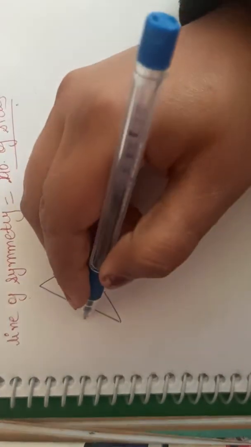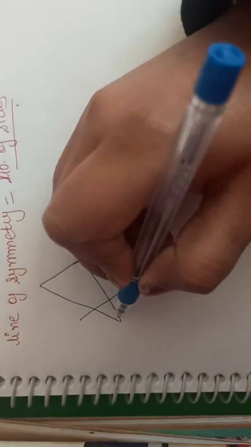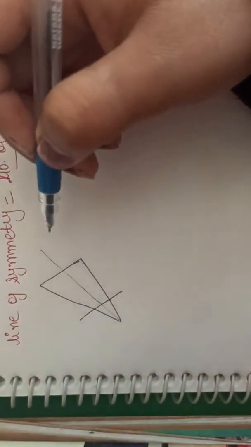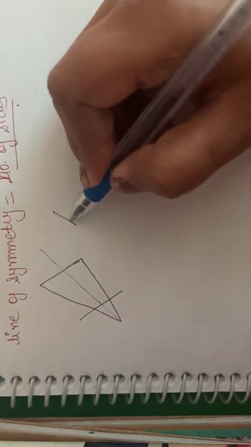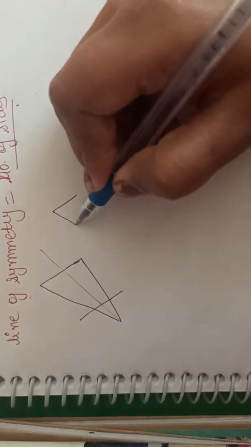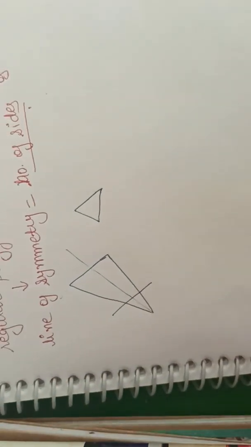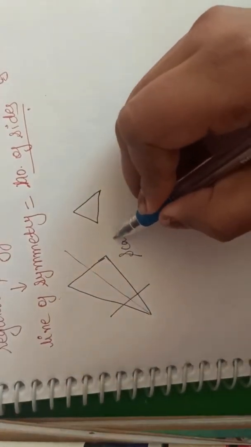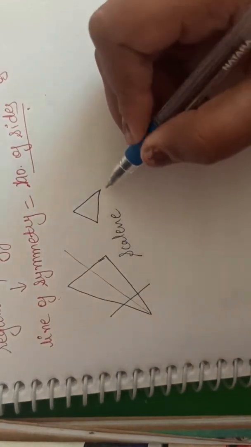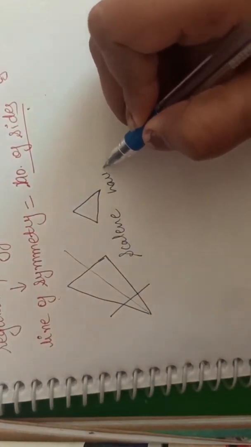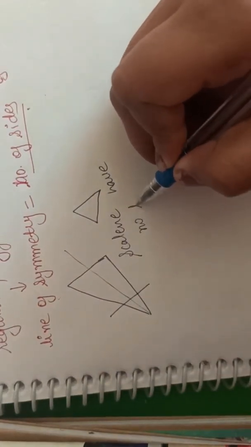How can you divide it? Can I divide it? This is the line of symmetry. Is it a line of symmetry? No. Because a scalene triangle is a triangle which has all sides different, right? So a scalene triangle has no line of symmetry,